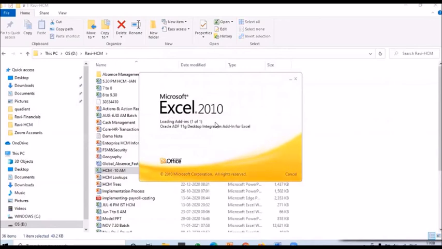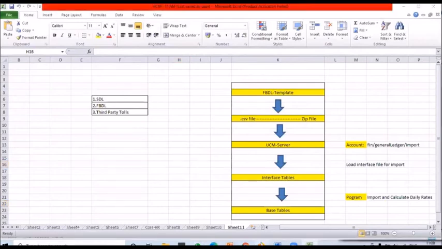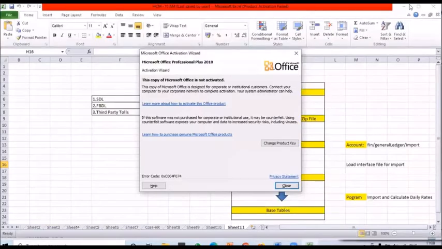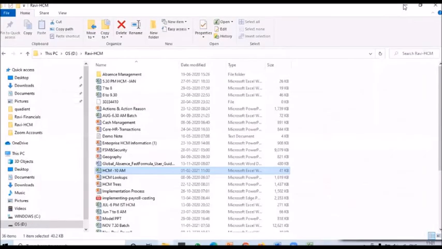Otherwise, we have a little bit of an issue when you install this particular ADFdi path. So then my link is available. Let me go to the front end desktop and open my link.